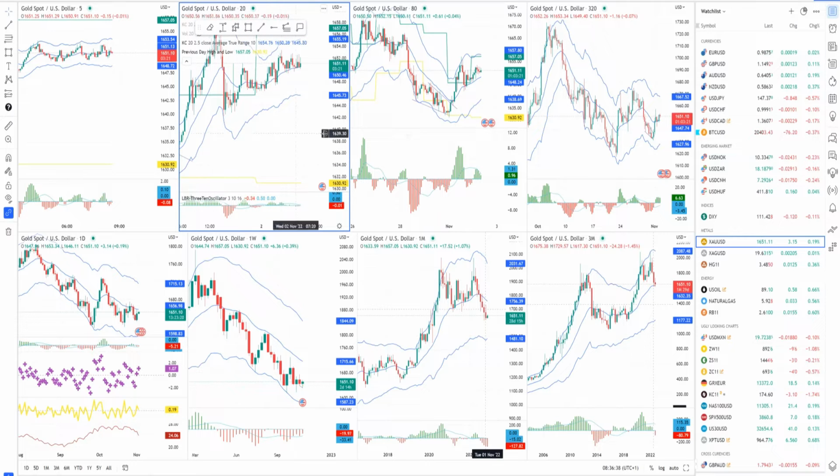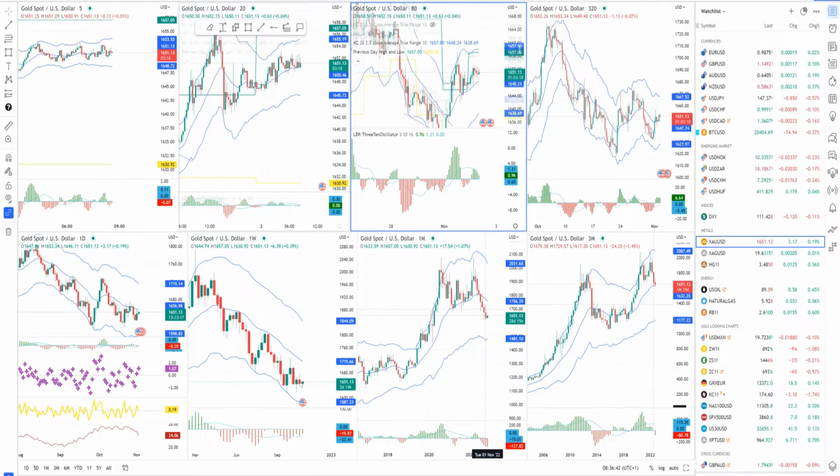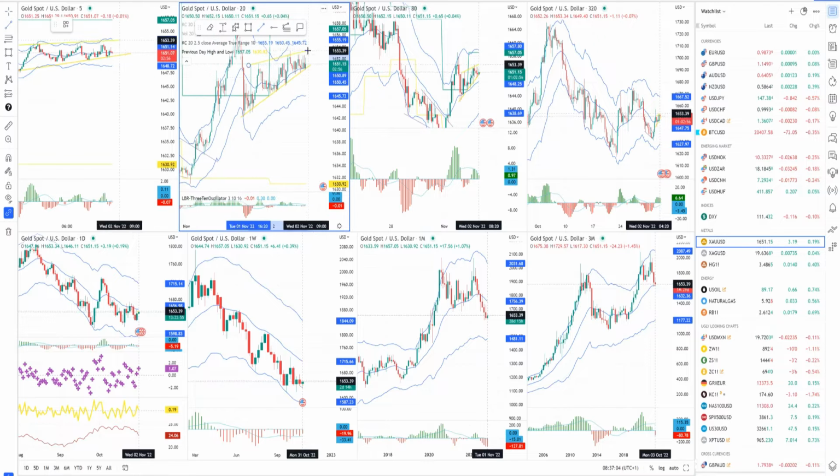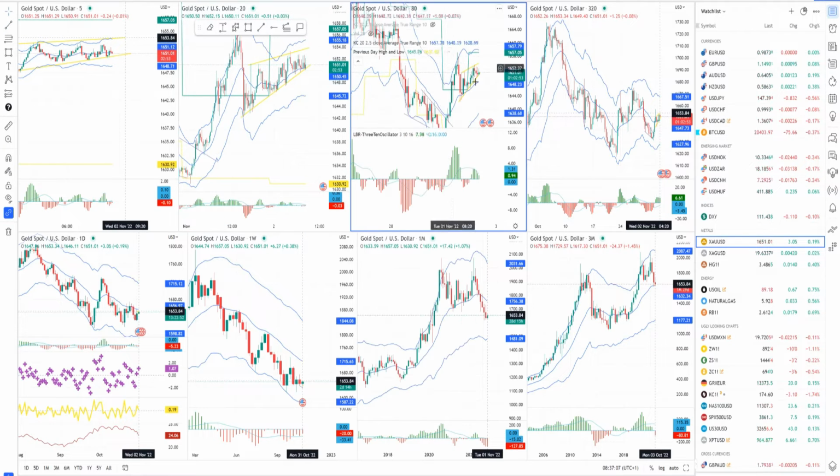If we speak about the gold market, what we can find here is a very important decision level from my perspective, because we are near the territory of the pin bar from yesterday. You can see this in the 20-minute chart and the 80-minute chart. The market is going higher, building higher lows, but at a very slow pace. We'll see if this will result in some bigger upside movement, or the market will fail to test the high. So this is just in between. Now it's between 1657, which is the previous day high, and this pivot low at 1642.